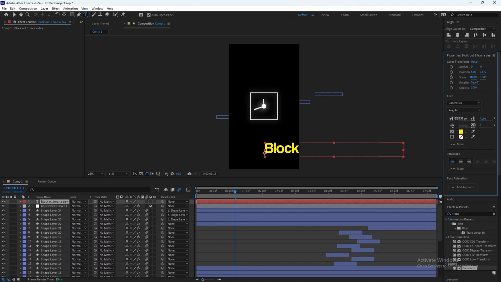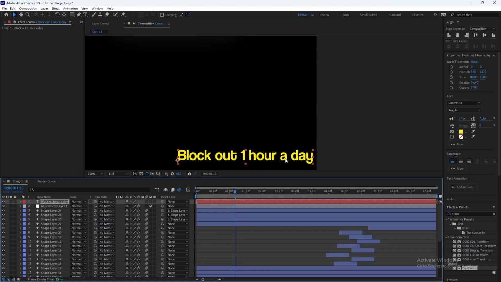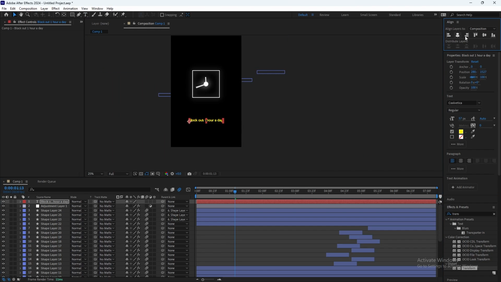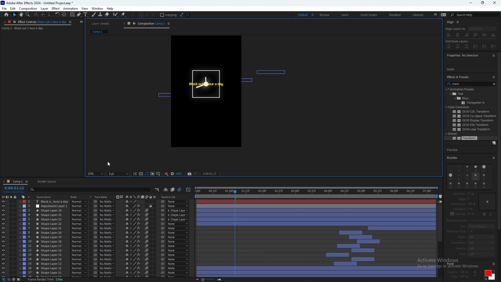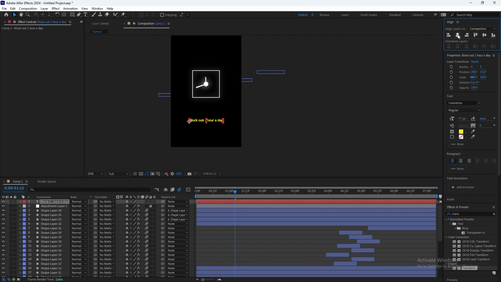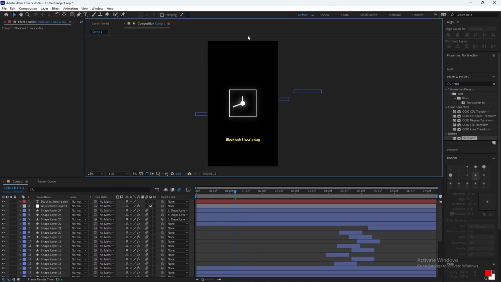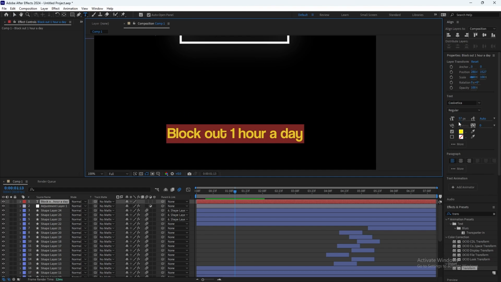Now let's decrease this, make it very small, put it here in the middle of the y coordinate, and change it to white.